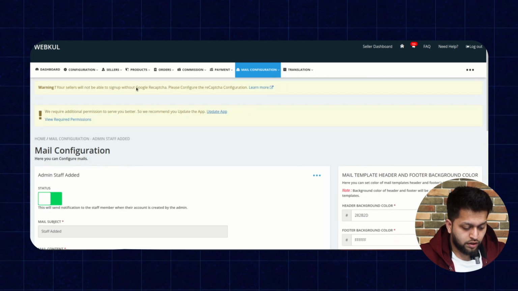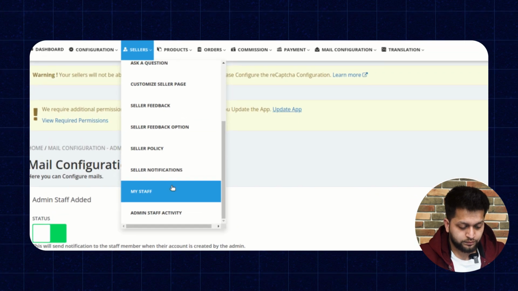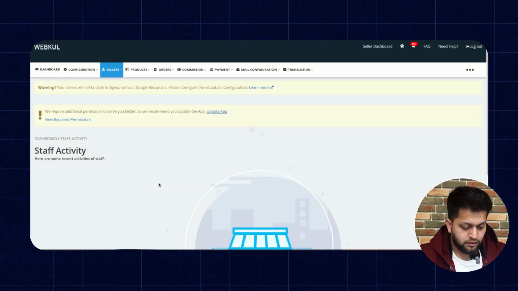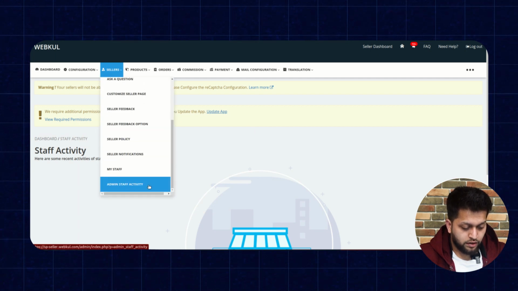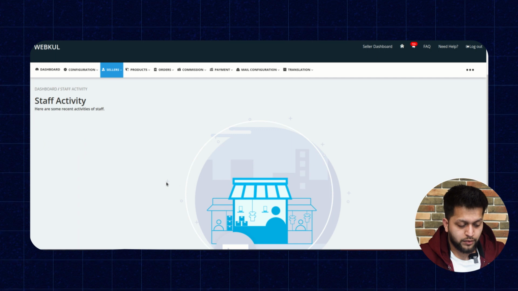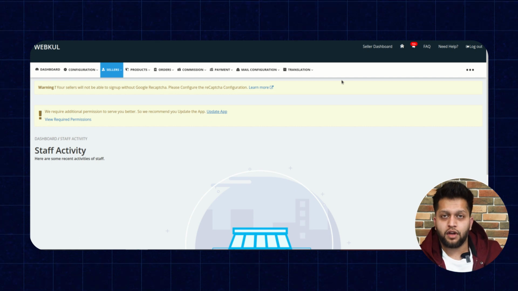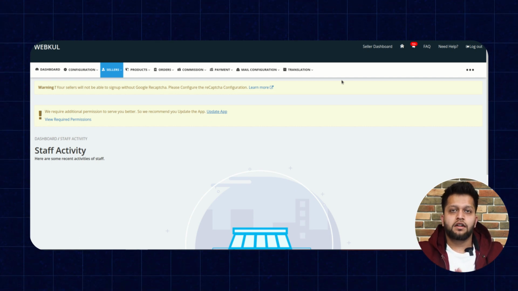Now let's check how the admin can check the admin staff activity. Under the seller and then admin staff activity, here you will see the admin staff activity list. After successfully creating the admin staff, now let's move to the staff panel, to see how they can log in